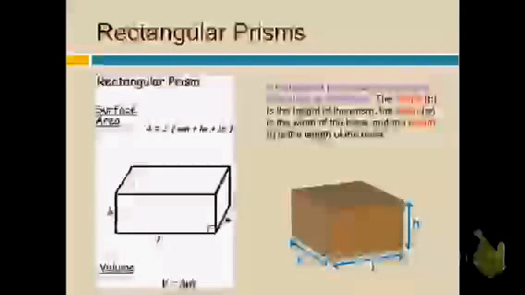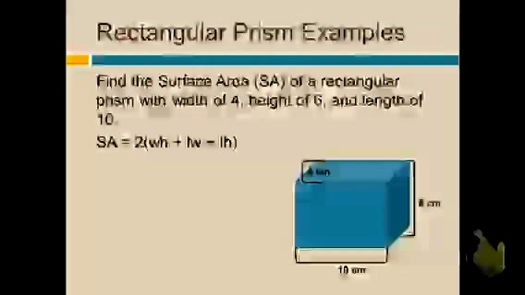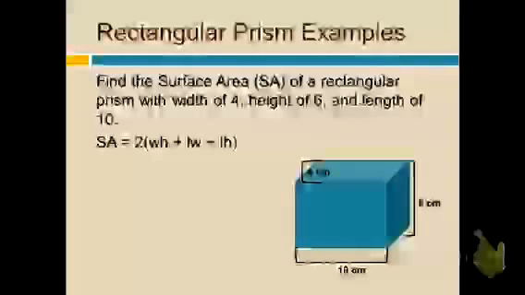Prisms. A rectangular prism can be described as a stack of rectangles. It has a height of h, a width of w, and a length l. In order to find the surface area of a rectangular prism, which you would commonly think of as a box, which has a width of 4, a height of 6, and a length of 10, we have a surface area